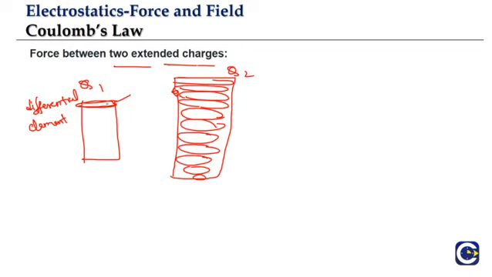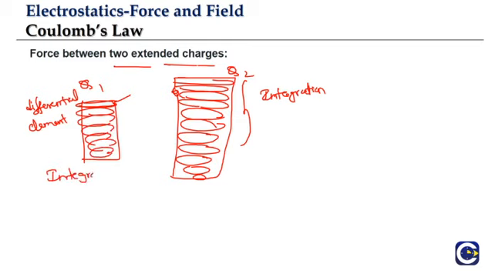So because of one small differential element, we will find what is the force acting on each and every small element of the body. By adding all these with the integration approach, we will get the net force acting on this entire body because of one single element of the other body. And then we have to take another element. So we have to do the second level of integration. So this problem will involve integration applied 2 times. So this is how we can find the force acting between two extended charges.